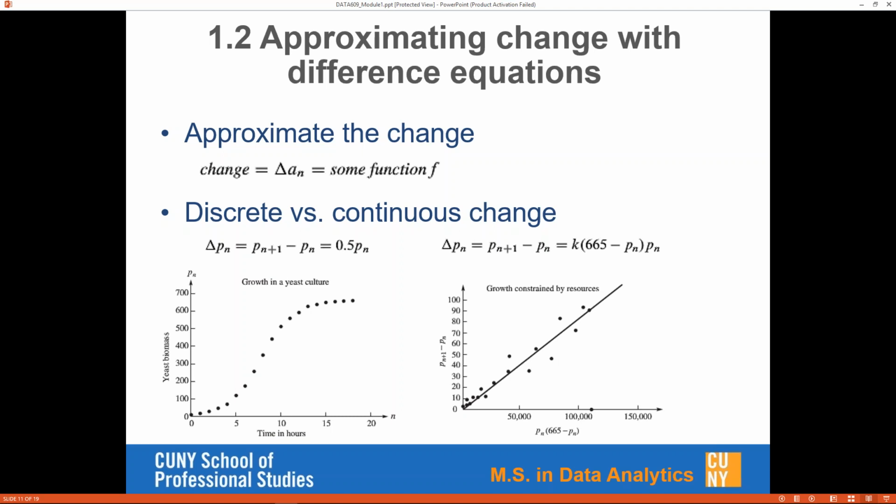Looking at the graph on the right hand side, you can see that this is growth constrained by resources. Because of the resource constraint, you can have some sort of continuous change modeling, and that delta change is k times a constant minus Pn times Pn. In this case, you can see that the relationship is no longer linear. The delta difference is a quadratic function of the current Pn, basically Pn squared. So delta Pn is quadratic in Pn. That is something interesting that you should pay attention to,